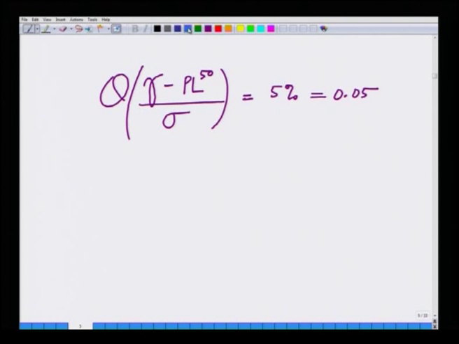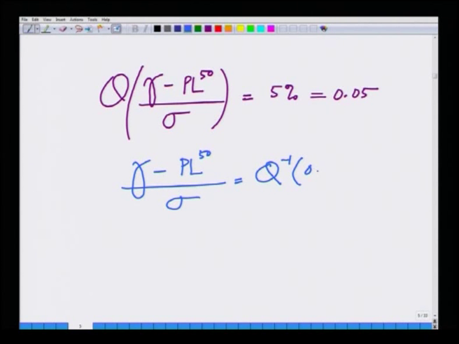This also implies that gamma minus the 50th percentile path loss by sigma equals Q inverse of 0.05,